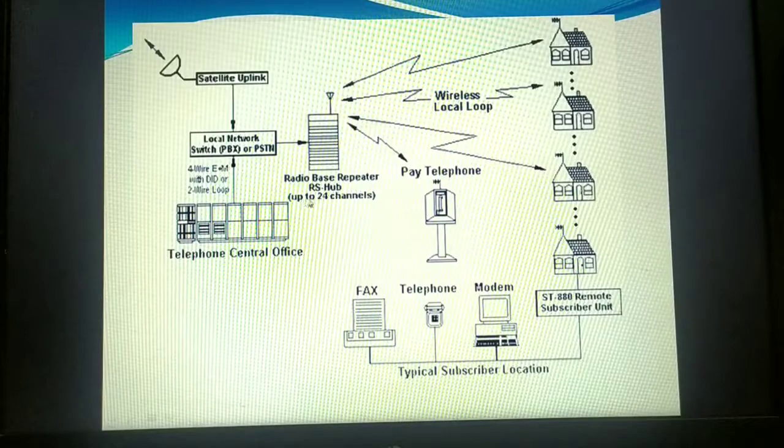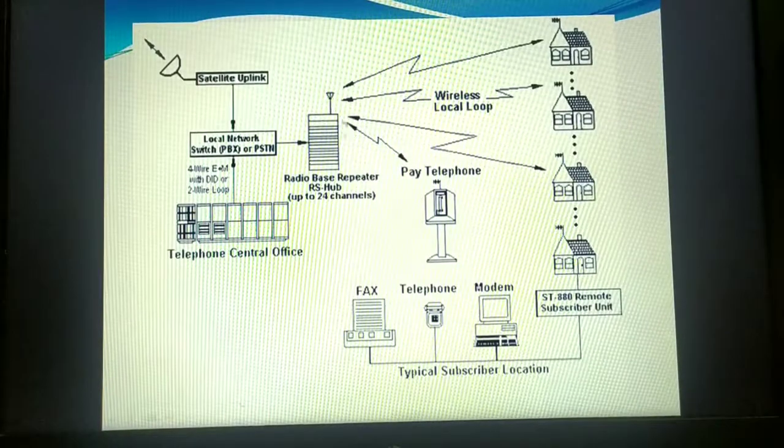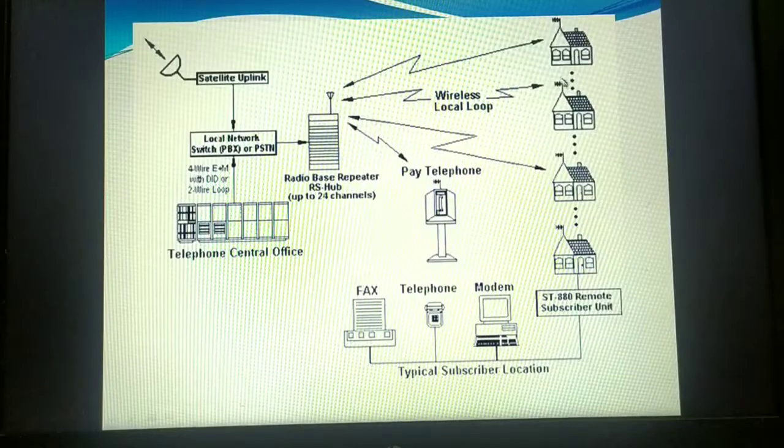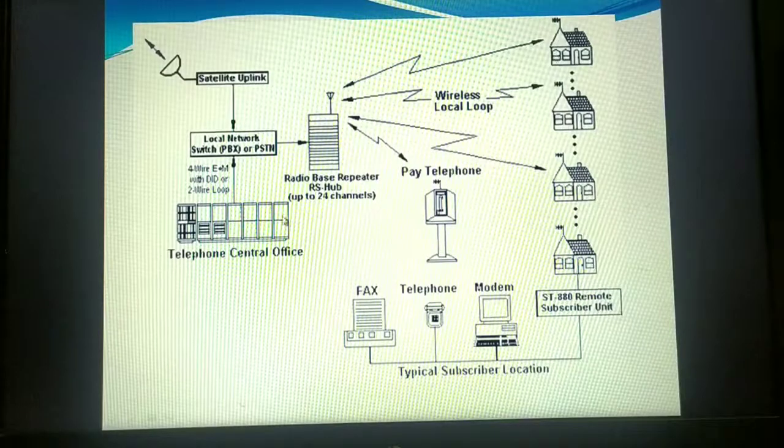Because you can see here it can handle up to 24 channels. That means this antenna is capable of having 24 connections. That is why we call it multiple channel. I hope you are clear. And this is the switching center. Any phone calls you make through landlines or mobile phones or whatever devices will always go to the switching center.